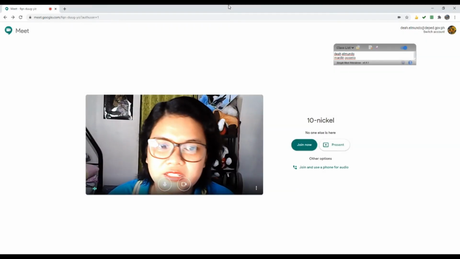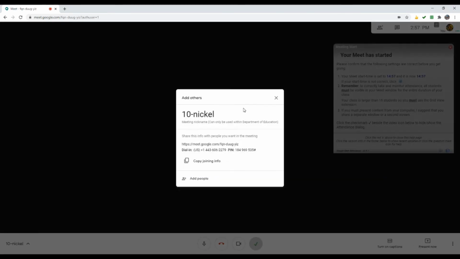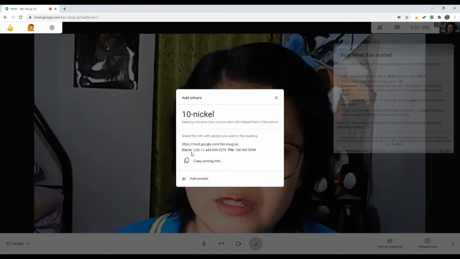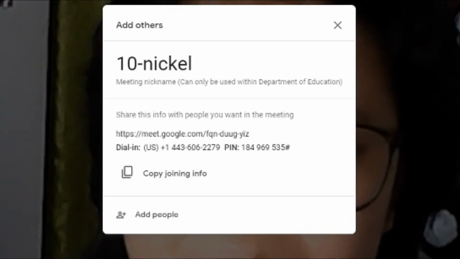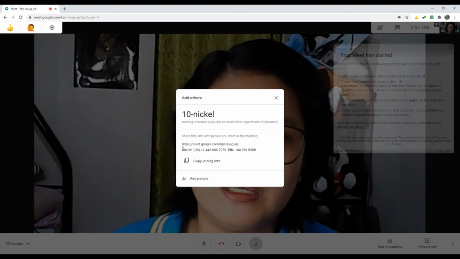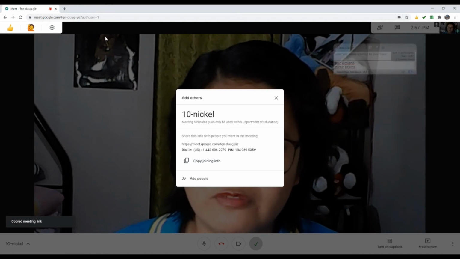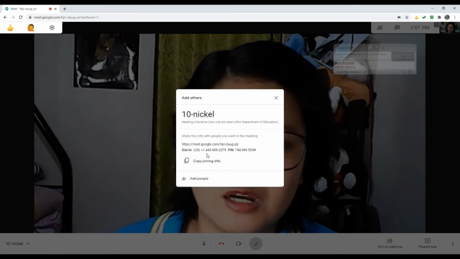Once your Google extensions are already installed, you can now start with your meeting. Press Join Now. Once you click Join Now, you will be seeing this joining info. So this joining info will be the one that you will be sending to your students. Just click copy joining info, and if you have a group or messenger group, you can just copy and paste